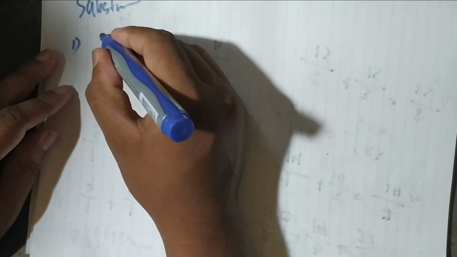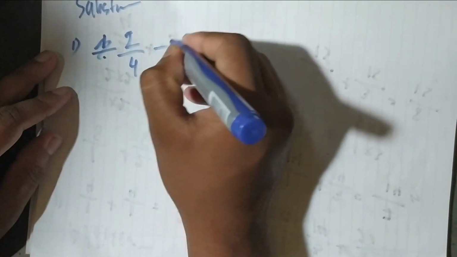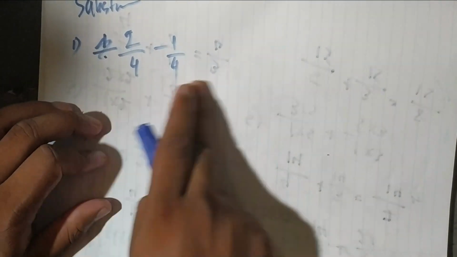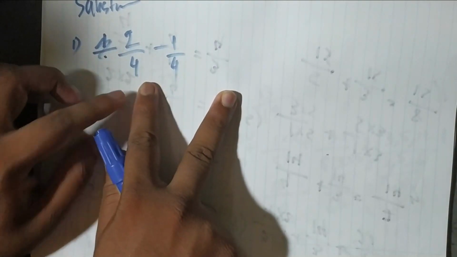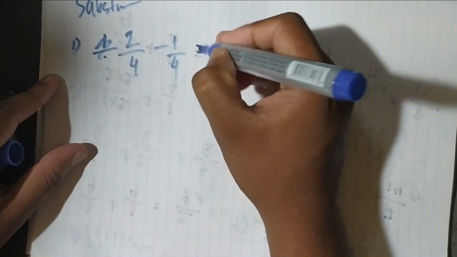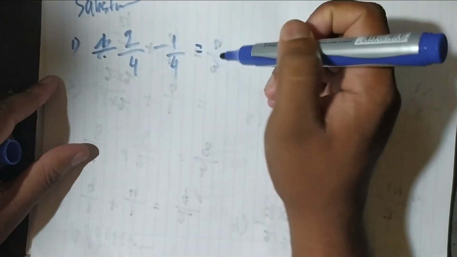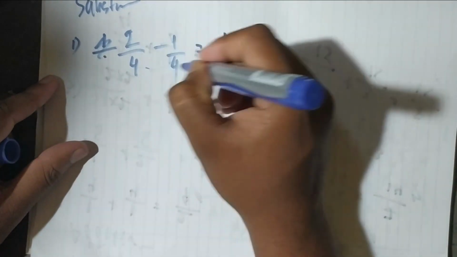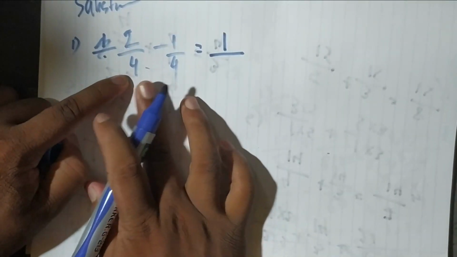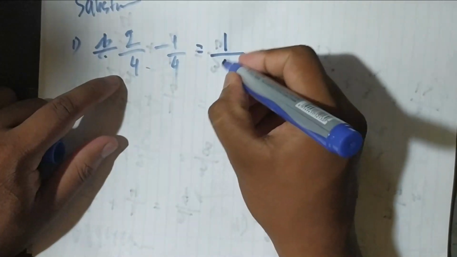Okay, I'm going to subtraction. So first of all, I'm just taking an example: 2 over 4 minus 1 over 4. I said before doing addition, I said what? For addition and subtraction, the denominator should be same. Here the denominators are same, then the numerator just you can subtract. So here numerator 2 minus 1 is what? 1 over 4. The denominators are same, don't subtract it, just give the answer.